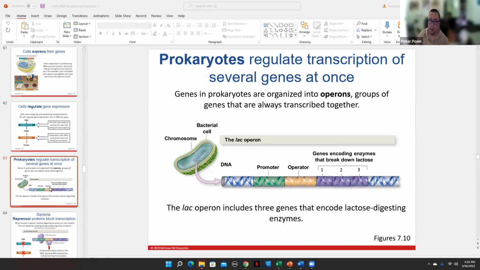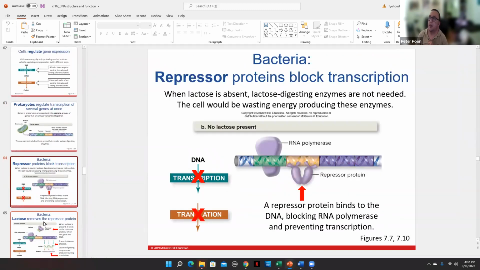So this is the LAC operon. The LAC operon is usually off. When lactose is absent, the lactose digesting enzymes are not needed. If you don't have any lactose to digest, then you don't need lactose digesting enzymes. It would be a waste of energy, and more importantly, a waste of protein to produce these things. So what do we do? Well, I don't want them